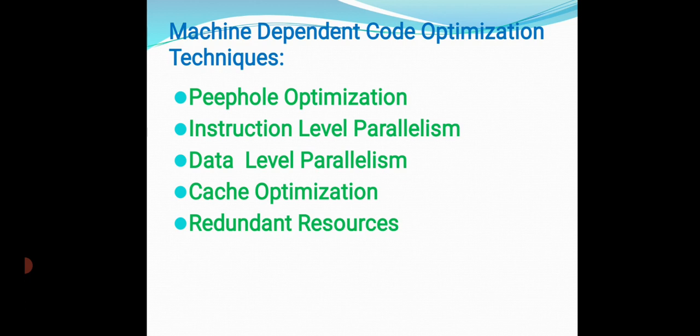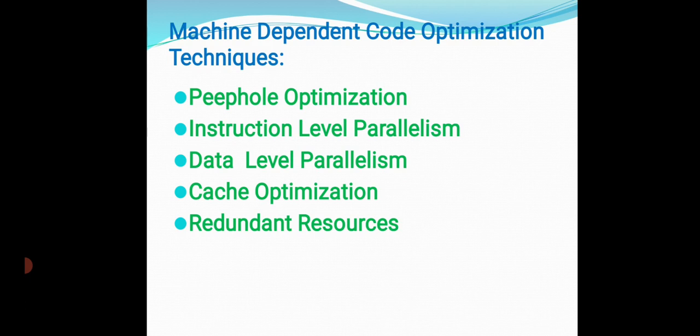In this, we consider the distributed storage of data. For example, if we have large scale data, the data is distributed over multiple machines, and distributed operations can be applied on it. Another technique is cache optimization.